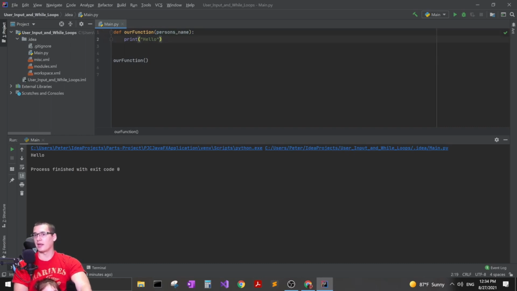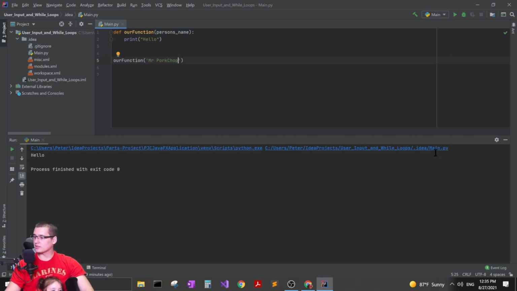And then when we call our function, we basically put in a person's name in this case. When you call your function, if it needs a parameter, you have to give it that parameter. So in this case, we're going to give it a string called Mr. Porkchop. And then if we run this one,